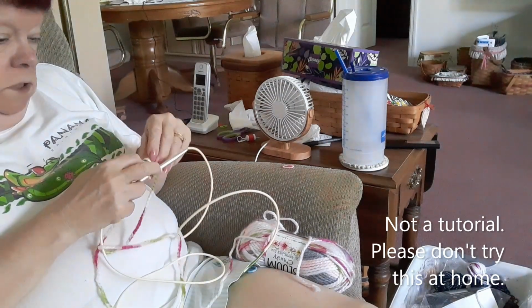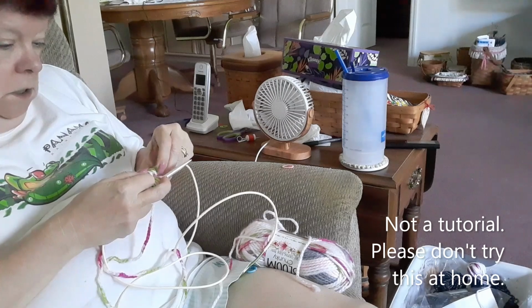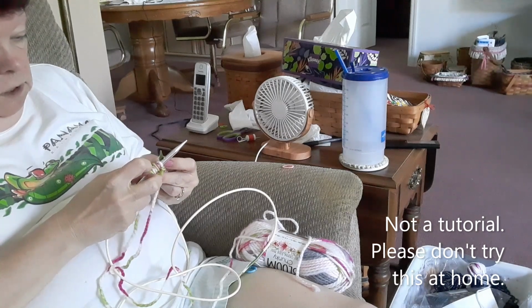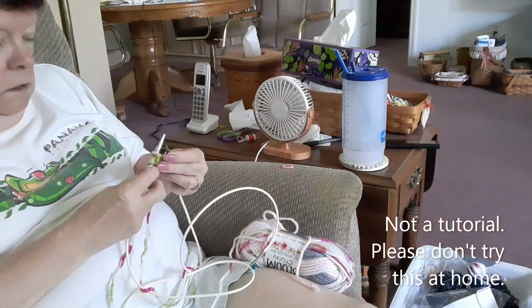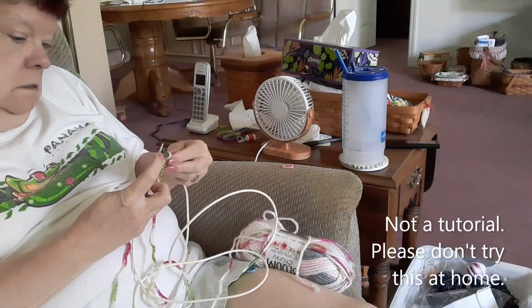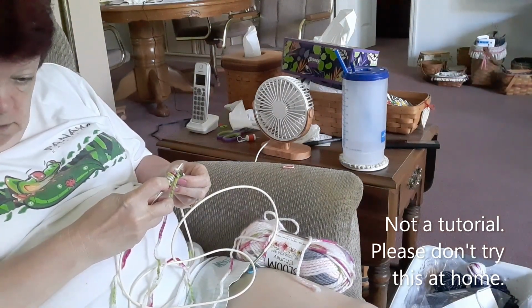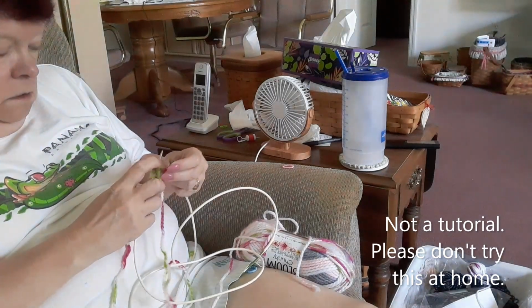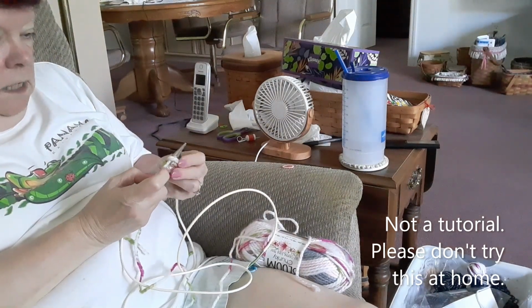two, four, six. I got one stitch left. 2, 4, 6, 8, 9, 10, 16. So I guess just gonna go ahead and knit this because I don't know what else to do. Okay, and now I have